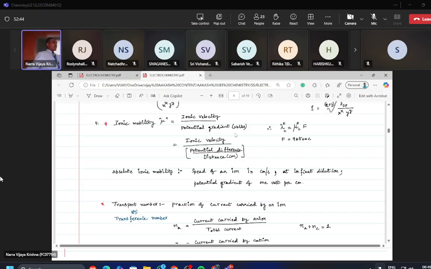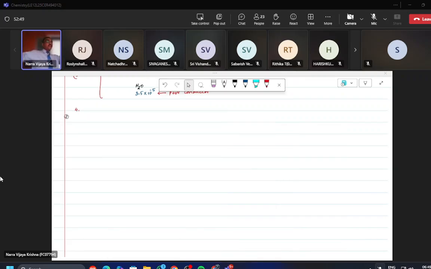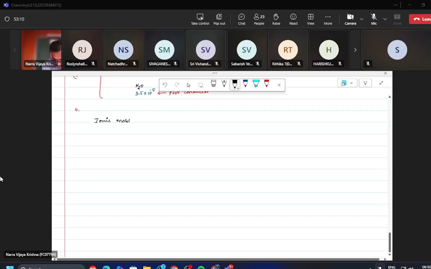Speed of ions we call ionic velocity. If they move towards one direction, when you apply voltage, ions will always move towards that electrode only. They cannot move in all directions. So it becomes a directional property, that's why instead of speed we are writing velocity. Even generally we can write speed also, no issue. Ionic mobility, symbol mu. Define it: ionic speed upon, ionic velocity upon